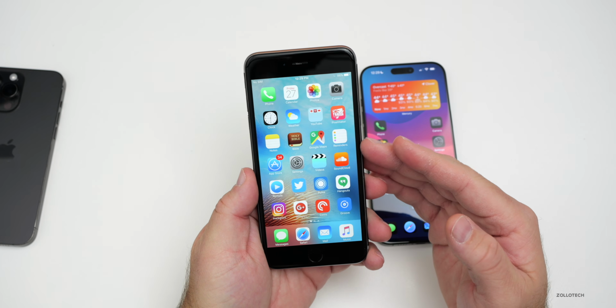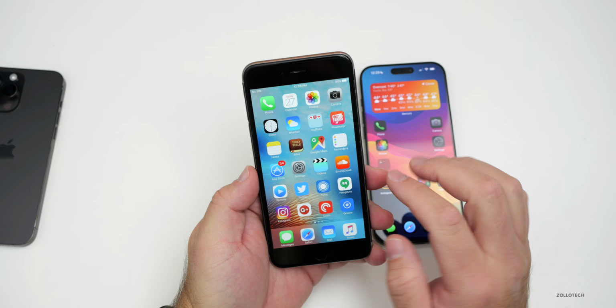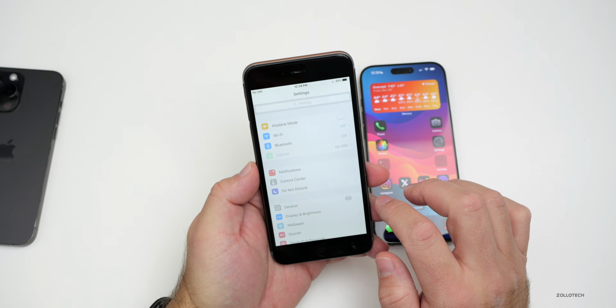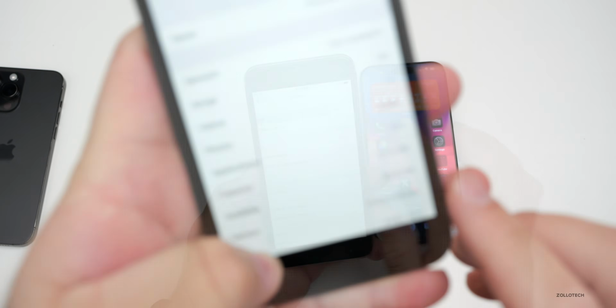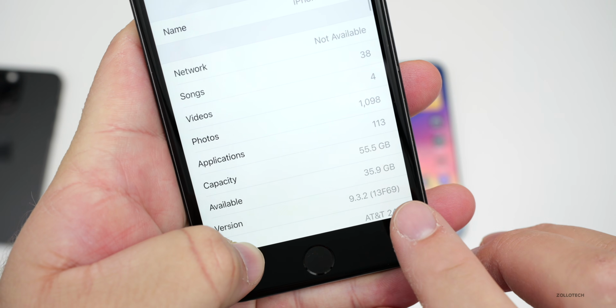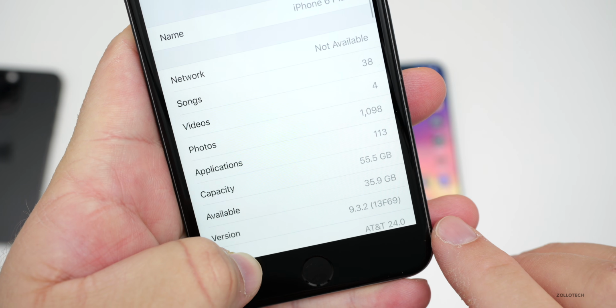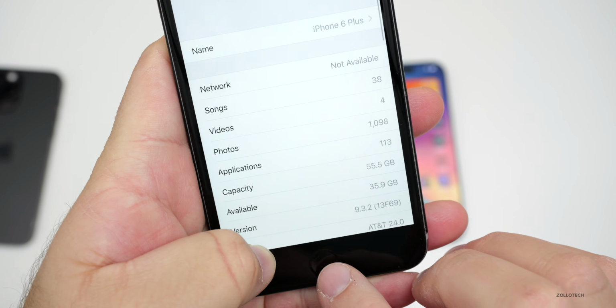You'll even see apps that aren't really around anymore. So you'll see this is the home screen. If we go into settings, we'll go to General, then About. You'll see at the bottom here, we have iOS 9.3.2 with a build number of 13F69. If we go back home,